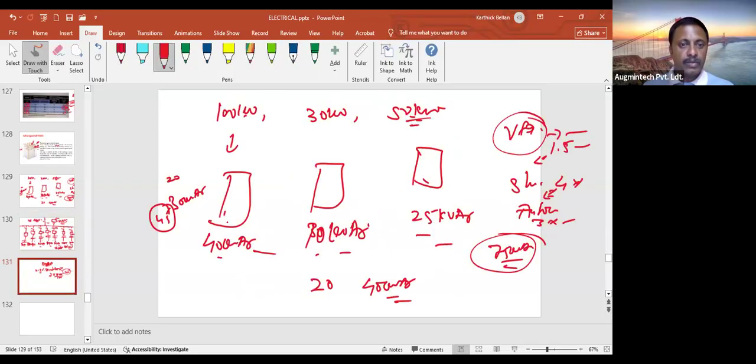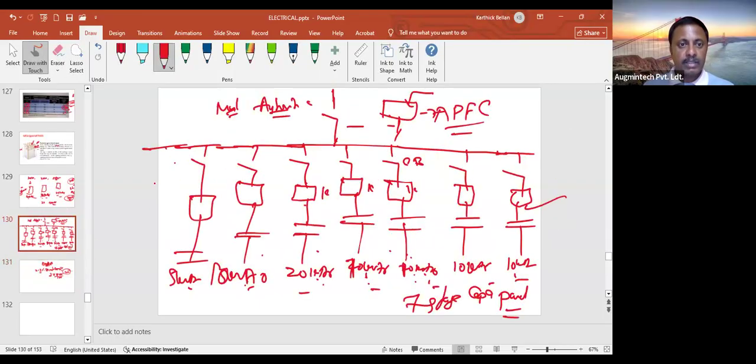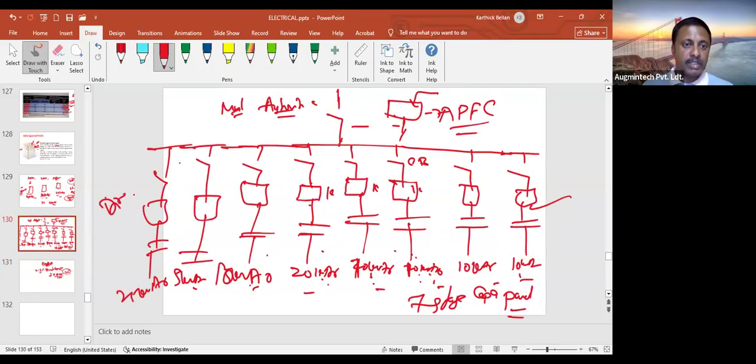So that means at least 20 to 30, maybe one direct capacitor, like a 25 kVAR direct capacitor. This we call a direct capacitor. It also has to be provided in your capacitor bank. You can have a check on your capacitor banks also. This is the most common thing. But we still call it a 7 stage, because the direct capacitor we should not consider in this stage. Apart from the direct capacitor, we have